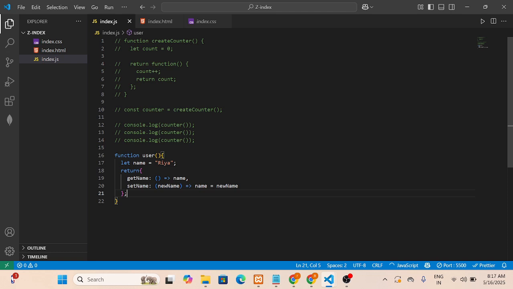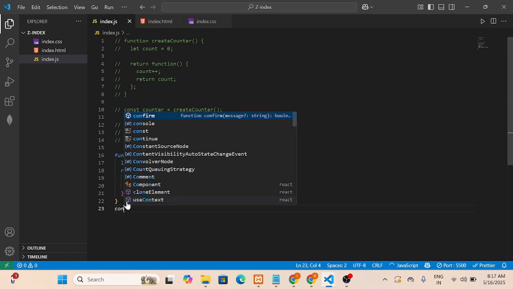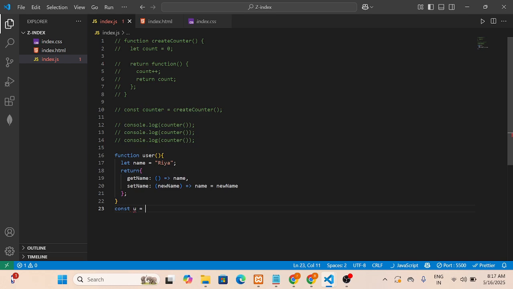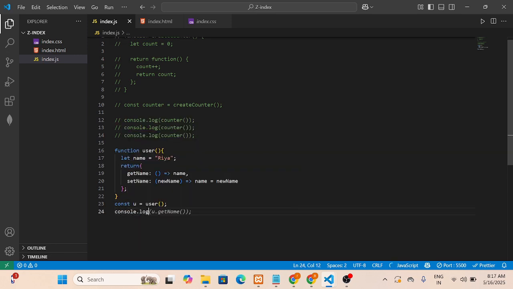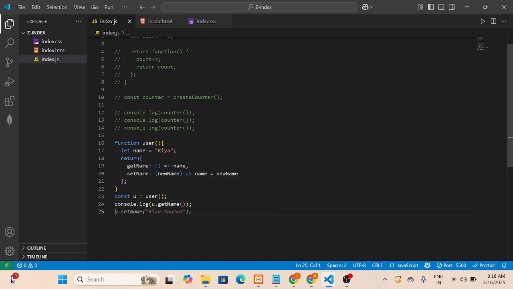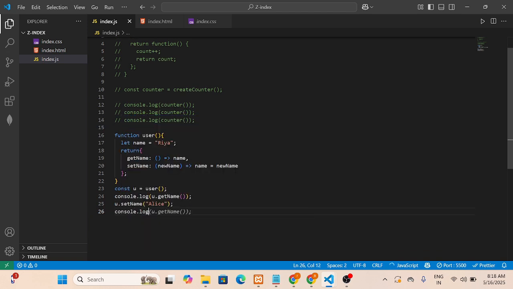Okay, and then let's suppose I take one variable, const u, let's say user, and then console.log u.getName, and then u.setName to Alice, and then console.log u.getName.